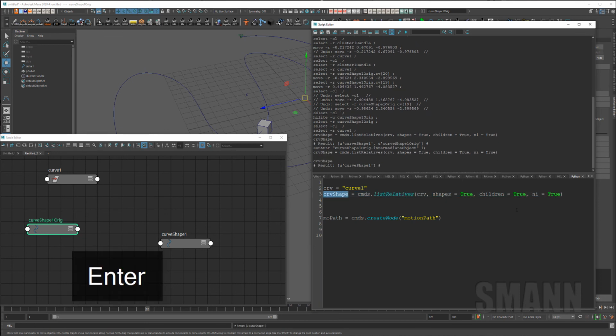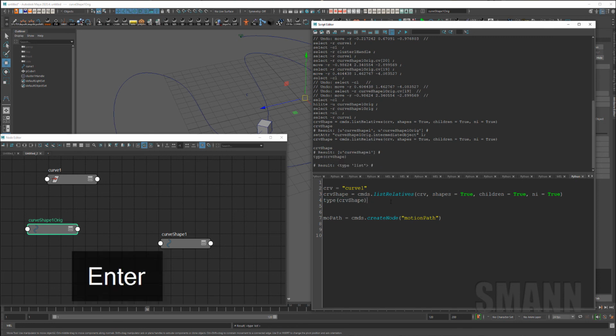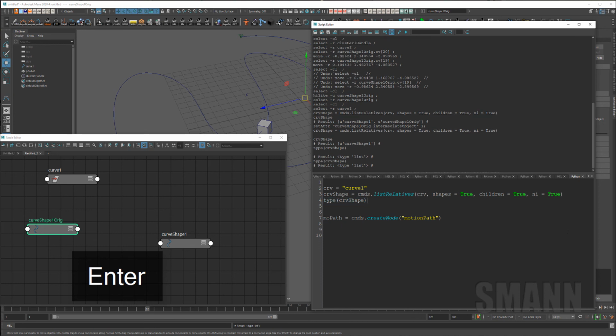And you see I still have a list, but I only have one object in it, which is that curve shape. And if you ever want to know what a variable is in Python, you can always type in type, and then in parens put the variable, right? So what's cool about lists in Python, and actually in all programming languages, is you can then go in there and get that information